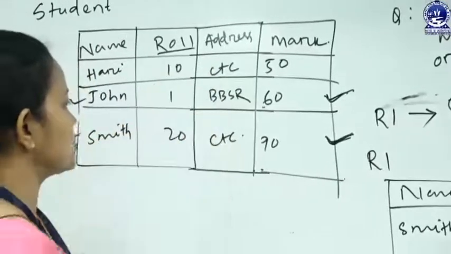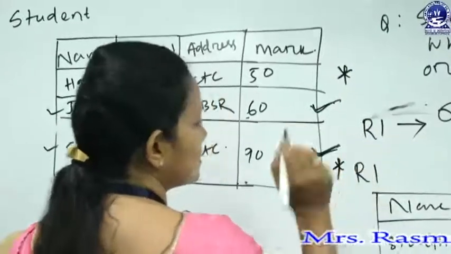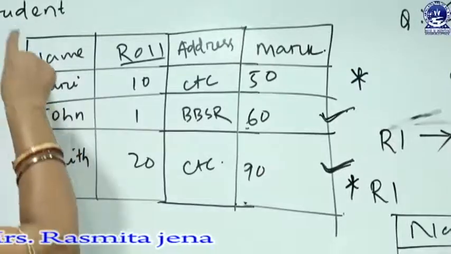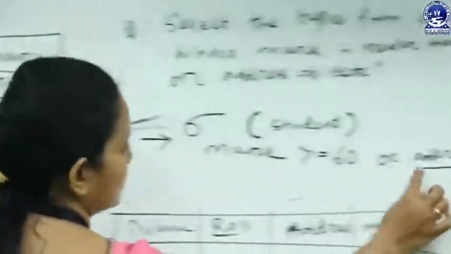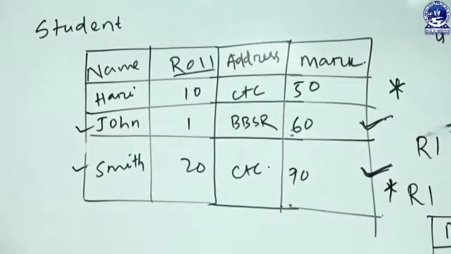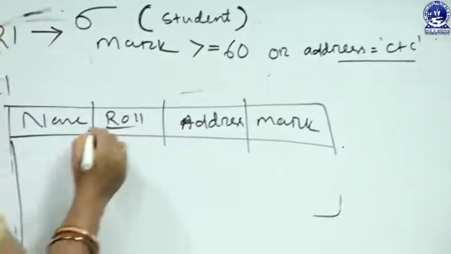Here the address equals CTC, these two and these two, that means now this tuple is selected and this tuple is selected. That means three tuples in the student relation are all satisfying this condition. The resultant relation will contain the three tuples. Now the result of the above query is